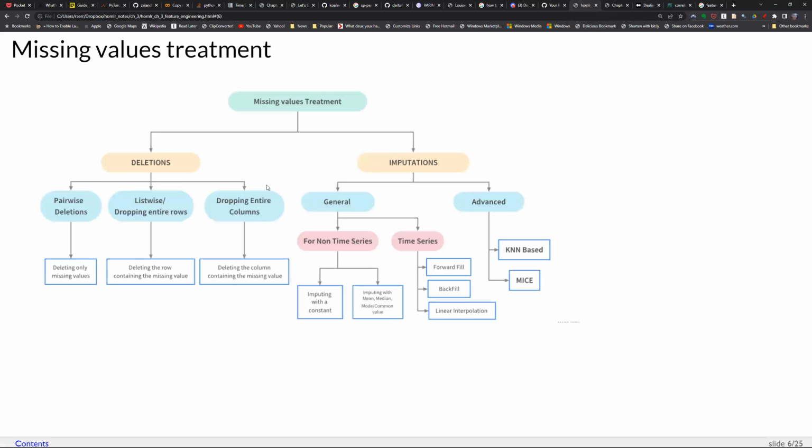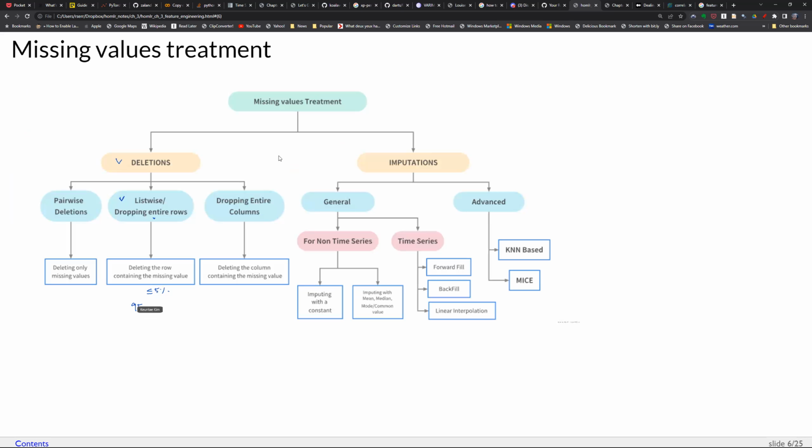Yeah, because that is actually about the deletion things. And also a rule of thumb, actually, I don't know if that is also applied to other academic fields or practice. But the rule of thumb for dropping the entire row is, if out of your total observations, the number of rows for the list-wise deletion is less than 5% of the entire observations, we can choose this one. That means if we have